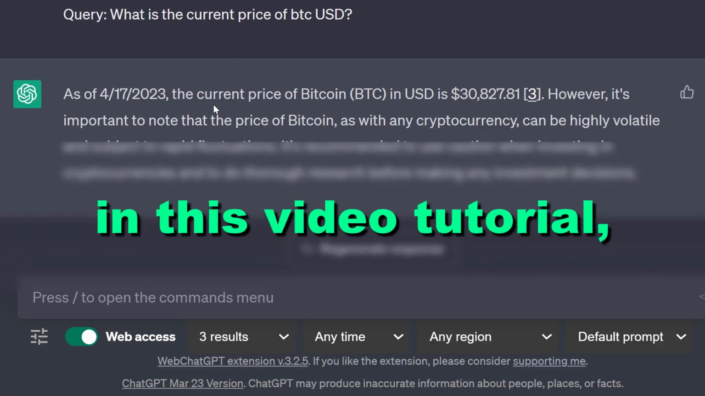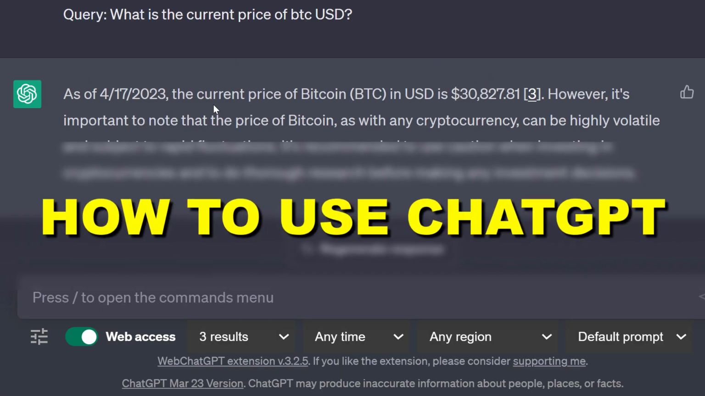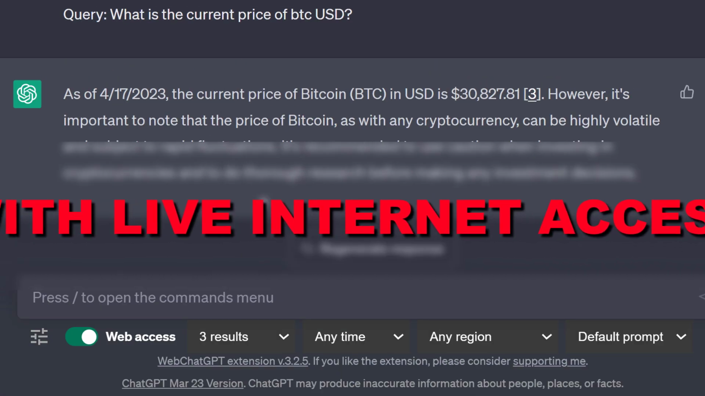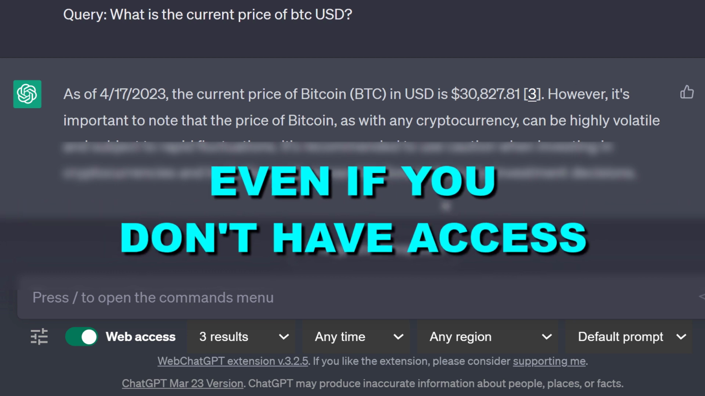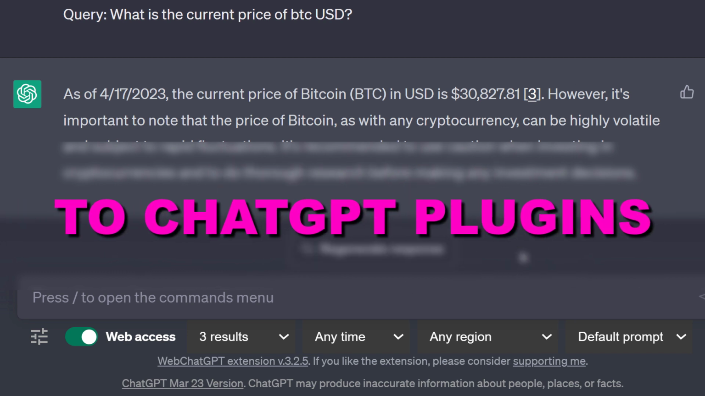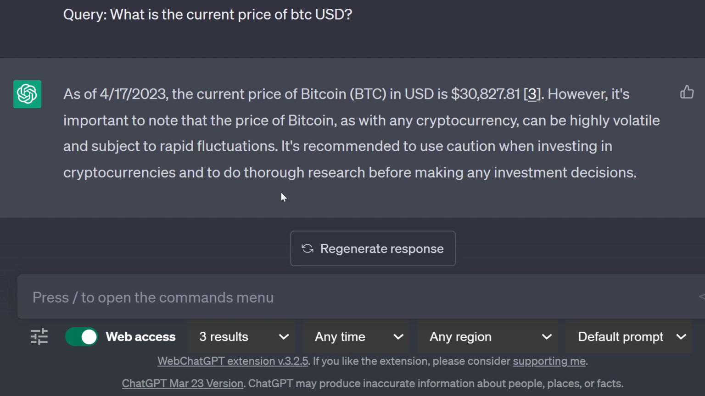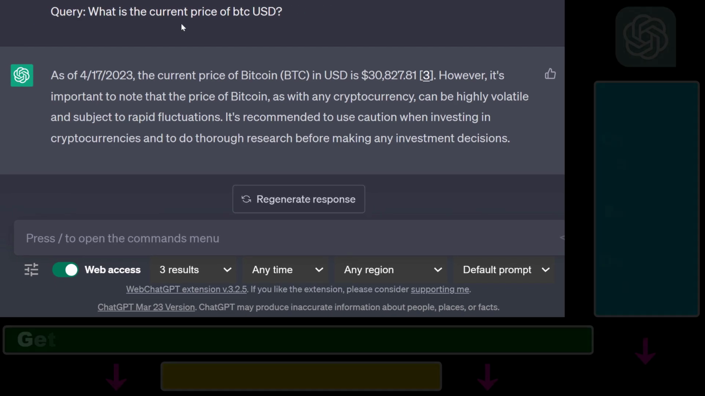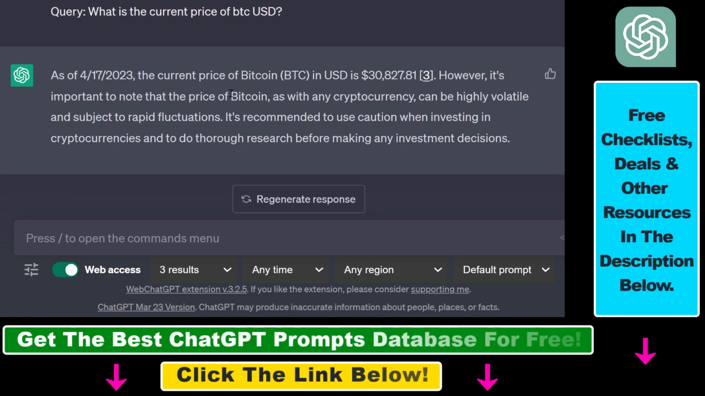Hey everybody, in this video tutorial I'm gonna show you how to use ChatGPT with live internet access, even if you don't currently have access to ChatGPT plugins. As you can see here, I have used ChatGPT in this prompt in a way that enabled ChatGPT to access live internet data. I asked what is the current price of Bitcoin in USD, and ChatGPT has replied correctly that as of this date, the current price of Bitcoin in USD is